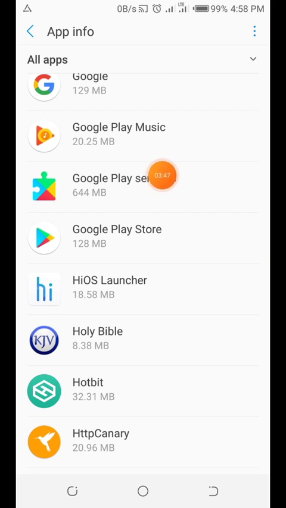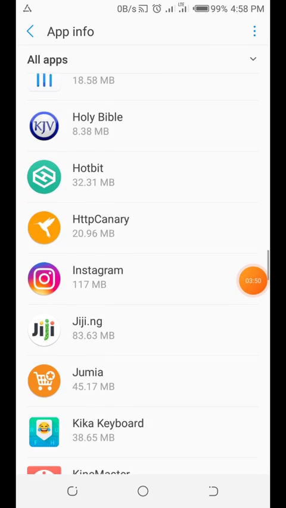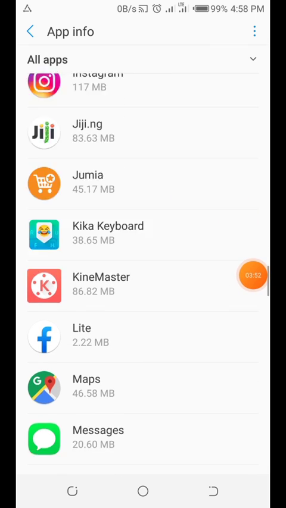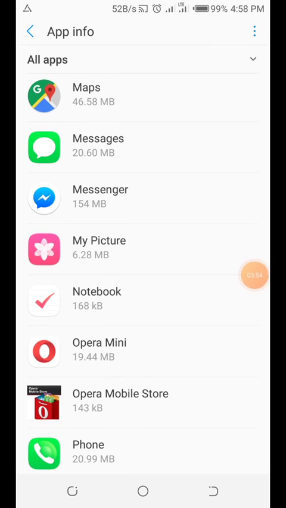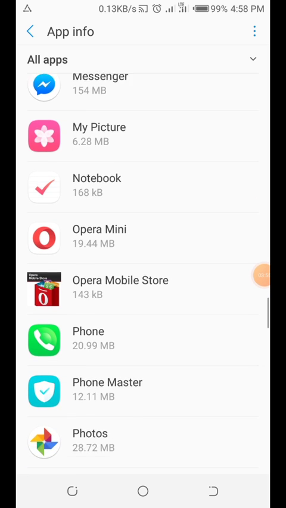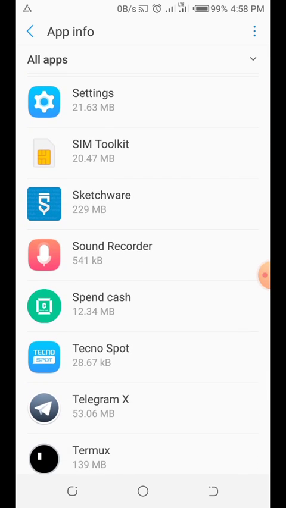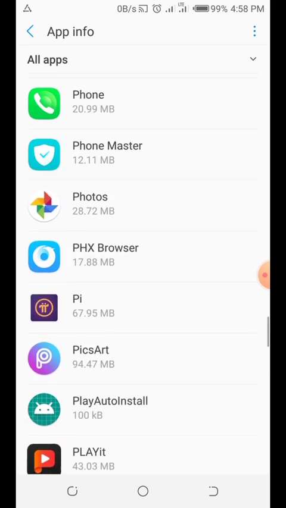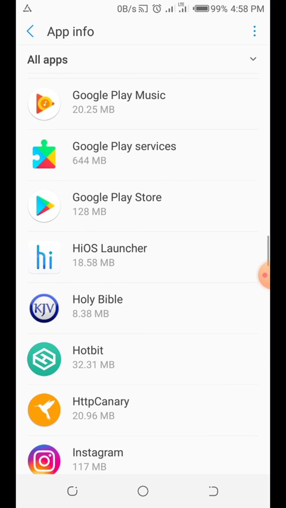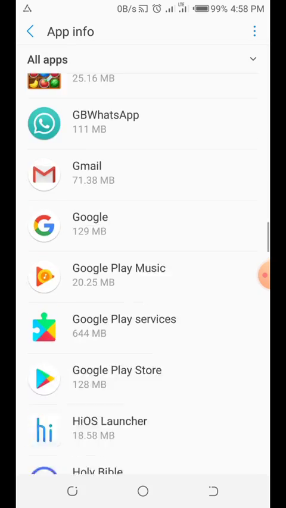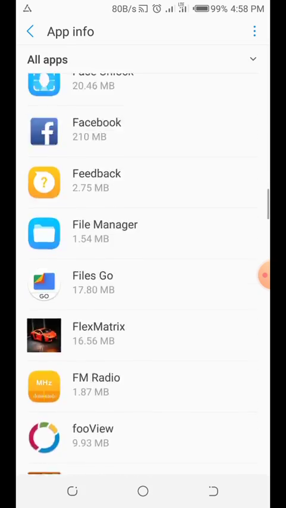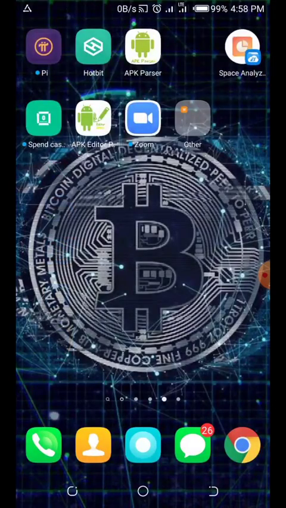So your Google Play Store, your Google Play services, you have to sign out. Whatsoever is connected to Google, run away from it as fast as possible. All right, so that is what you need to do. So the background data on each of those apps, you turn them off. You clear cache. And last but not the least, okay, when you're done with all this and you're self clicking,